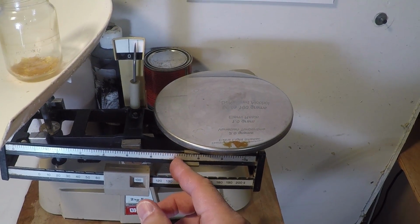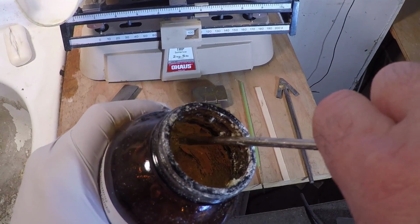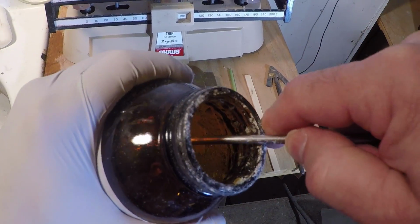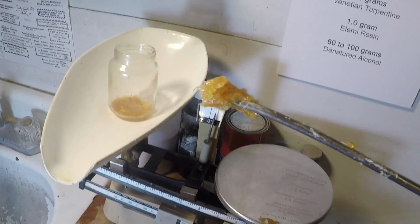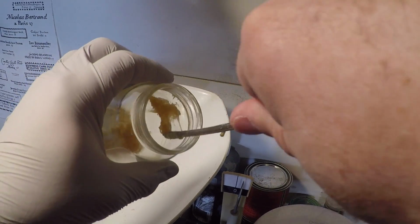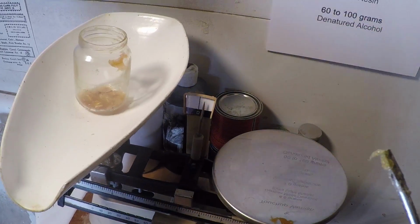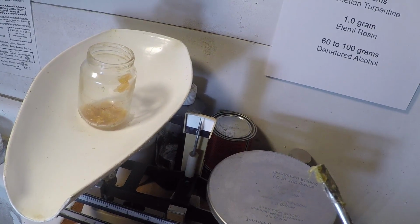So I set the scale up for the 2 grams and start digging. As long as you get the Venetian turpentine anywhere in the bottle, the alcohol will dissolve it down into the